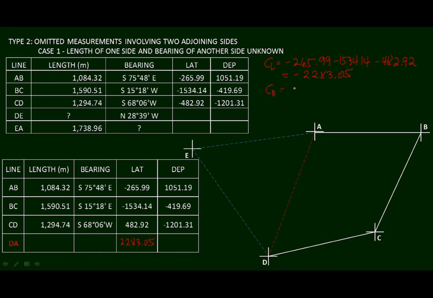So, for the departure, that is simply equal to 1,051.19 minus 419.69 minus 1,201.31. So, my correction for the departure can be verified in my answers, that is 419.69 to 20.31. My answer here is 500, hindi, positive pa rin, labas sa calculator, positive